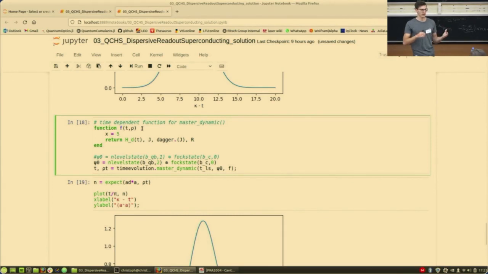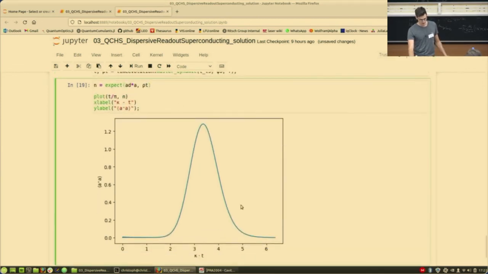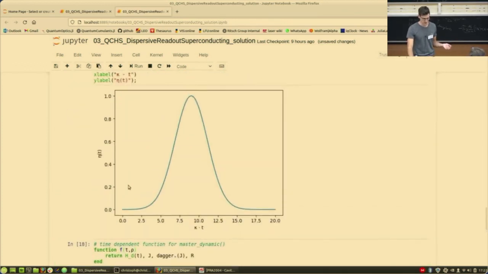or if you want to have the expectation value, just define this A dagger A outside, because in every time step it would need to calculate this operator product, which takes a lot of time, because you usually have a few thousand time steps. Okay, but that's basically it. What you get is this photon number, which is a little bit different from the drive when you just have these rectangular functions,